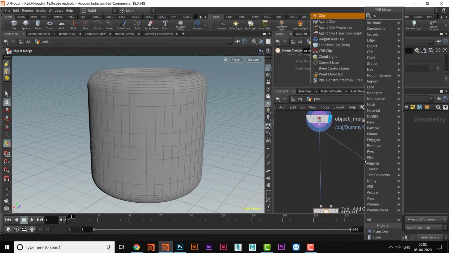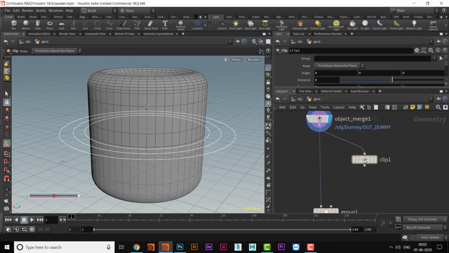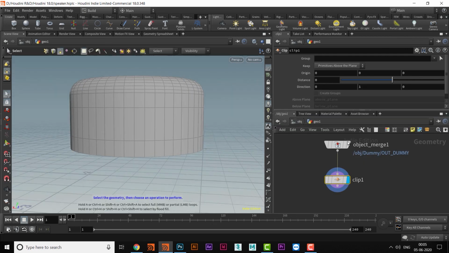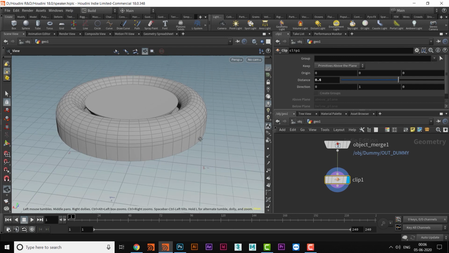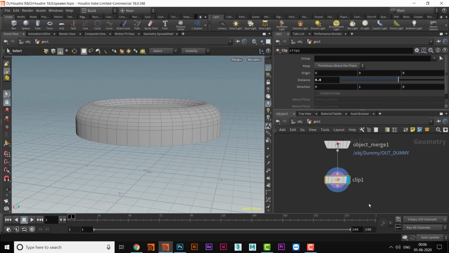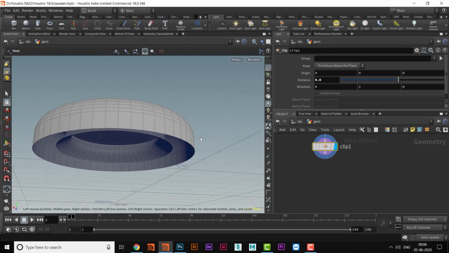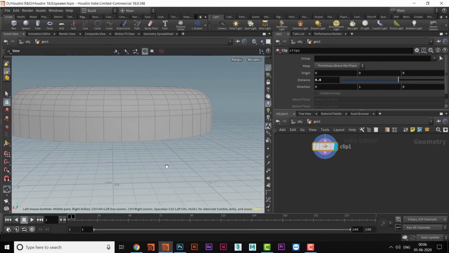That will clip some of the part. Or I can increase or decrease the distance. Suppose I have clipped this part, and I have taken this part only. Then we'll select these edges here.